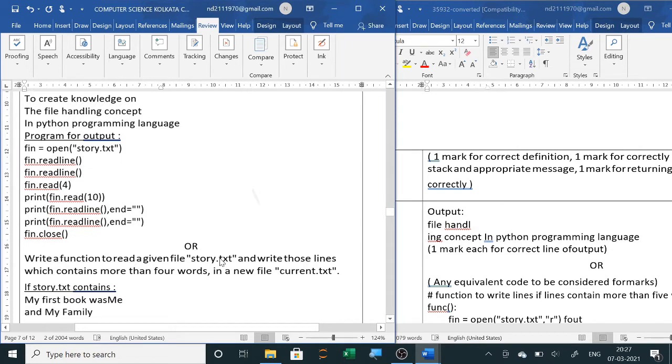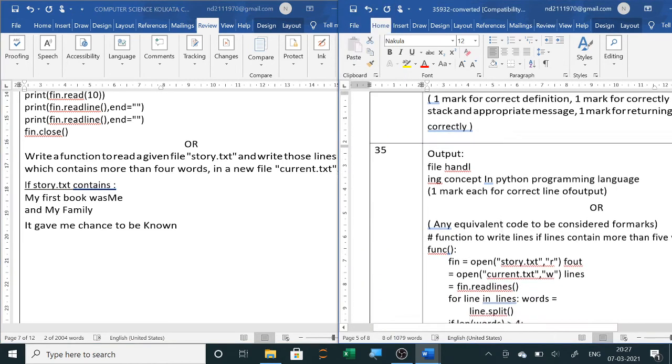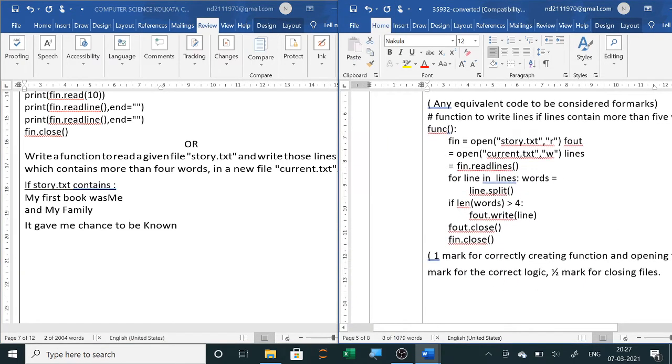Now next is, write a function to read a given file story.txt and write those lines which contain more than 4 words. So line we will read and then we will check in that line if it is having more than 4 words.